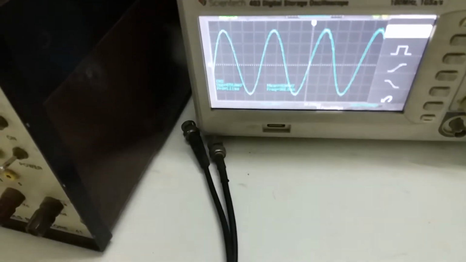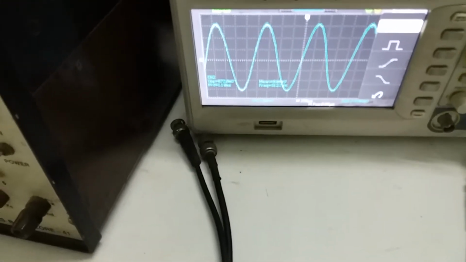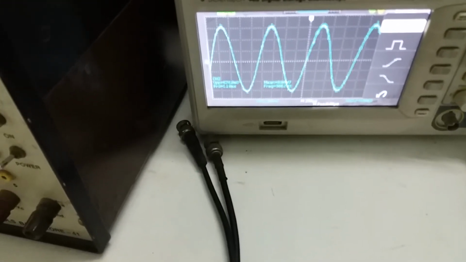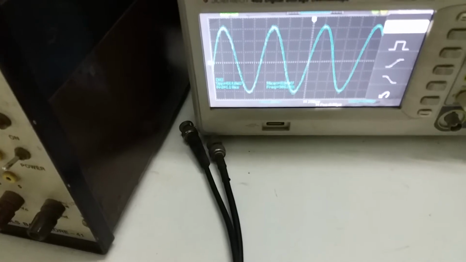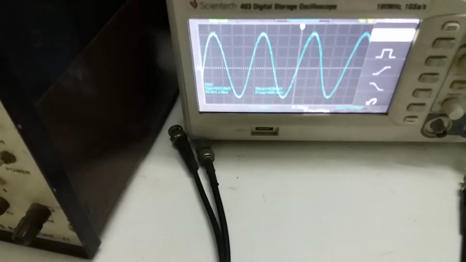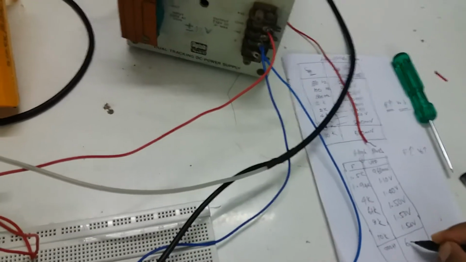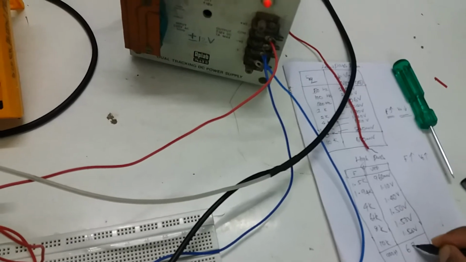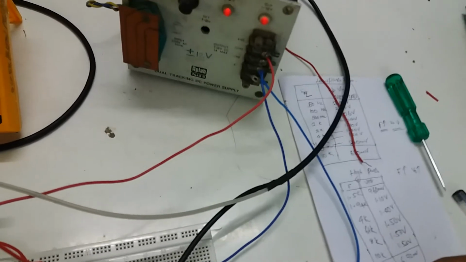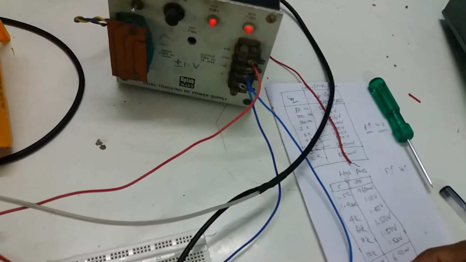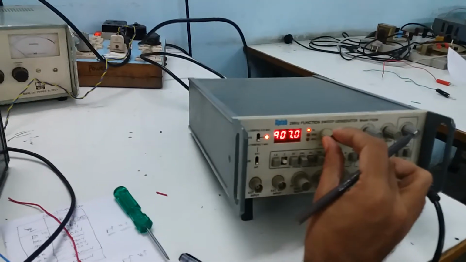905 hertz I am going to give, and in millivoltage it is showing 672. It is a variation 600 and 72. Okay, 672 millivoltage. 672 millivolt. Okay, and further I am going to reduce. Okay, 900 into that one. 800, I want to reduce to 800 hertz.